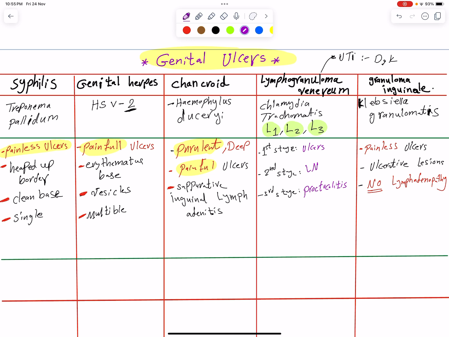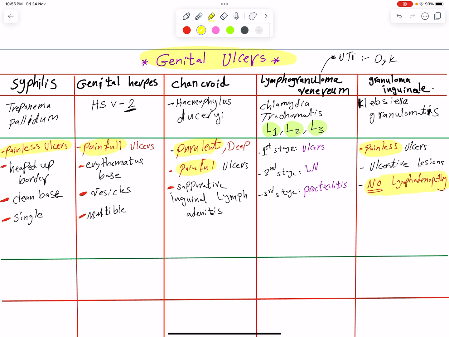Granuloma inguinale is caused by Klebsiella granulomatis. Again, it is painless ulcers and no lymphadenopathy. So it's only painless ulcer with no adenopathy. So you might ask, how can I differentiate between the painless ulcer of granuloma inguinale and the ulcer of Treponema pallidum? That's why we have investigation. We will investigate. But when you face a question that tells you the ulcer is painless, you have